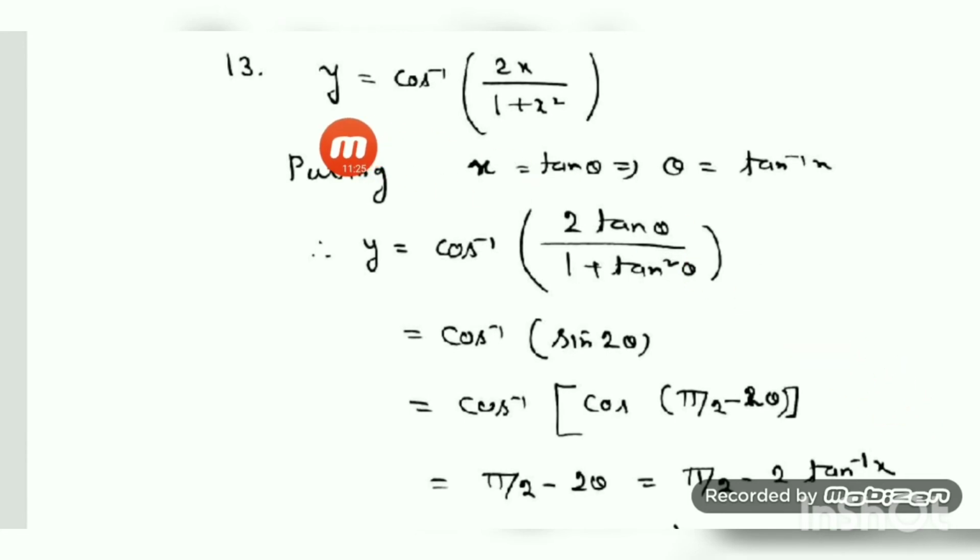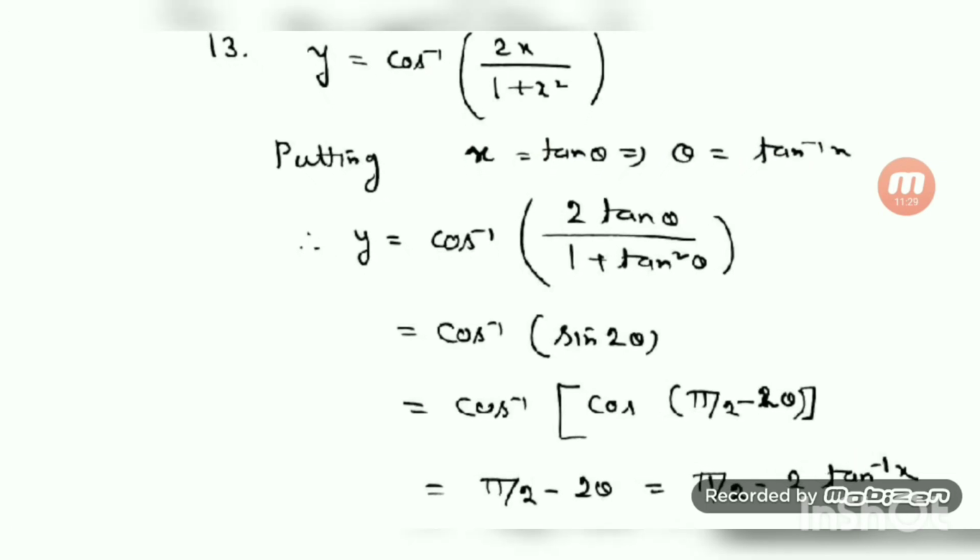The question is y equal to cos inverse of (2x) by (1 plus x square). Again, let us substitute tan, because tan will simplify the result. That's why I am using tan. Don't think that always you have to use tan. In these formulas, tan will give you the answer easily. That's why I have used this substitution, as I know the formulas earlier. That's why I have substituted x equal to tan theta.